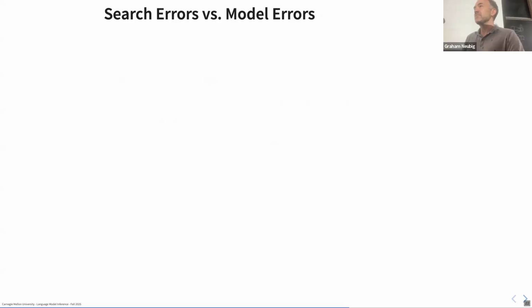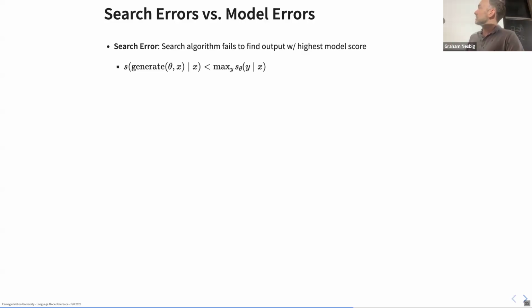So a really important concept, which everybody who is working on inference should know, but unfortunately not everybody working on inference knows, is the idea of search errors and model errors. A search error is where the search algorithm failed to find the output that gives you the highest model score. And if your model's a probabilistic model, the model score is a probability. So basically what this means is when you ran whatever generation algorithm you were using, it did not find the highest scoring